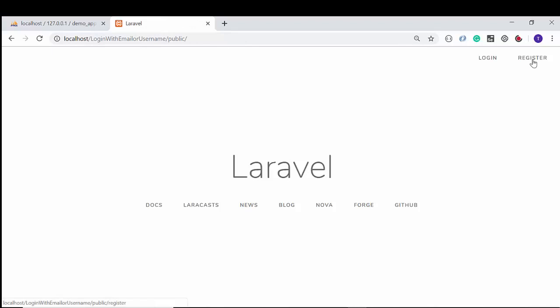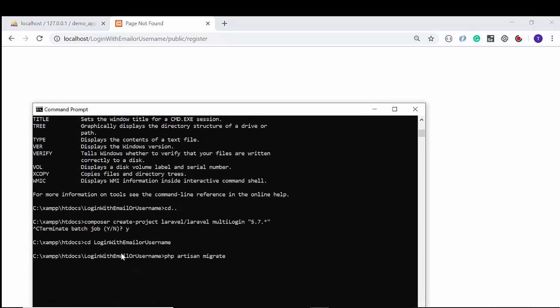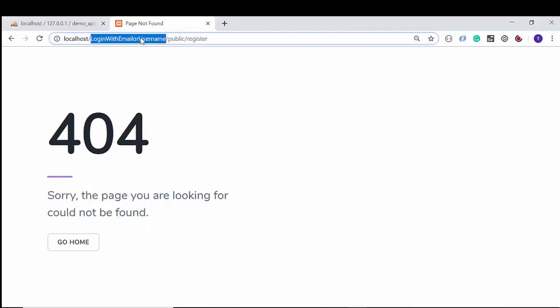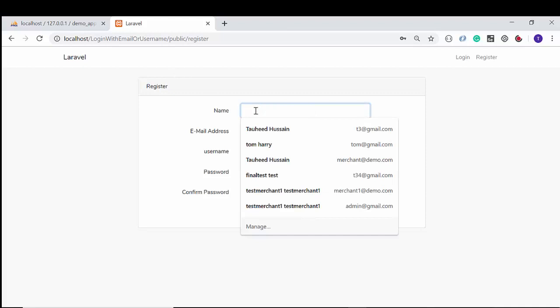So now I am going to register one user. We are getting a minor error here. So what is basically the error? I think we have added it wrong. Yes. So now here, as you can see, I am going to register one user, say